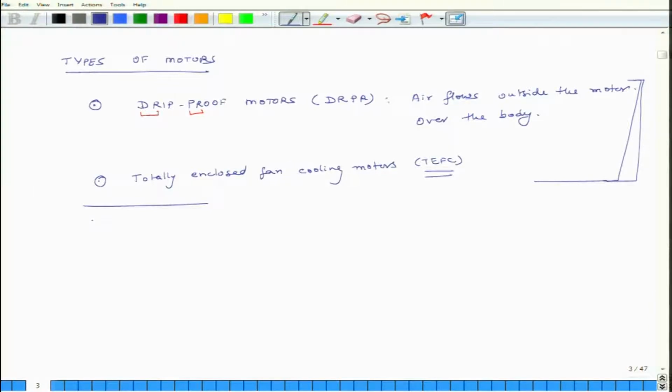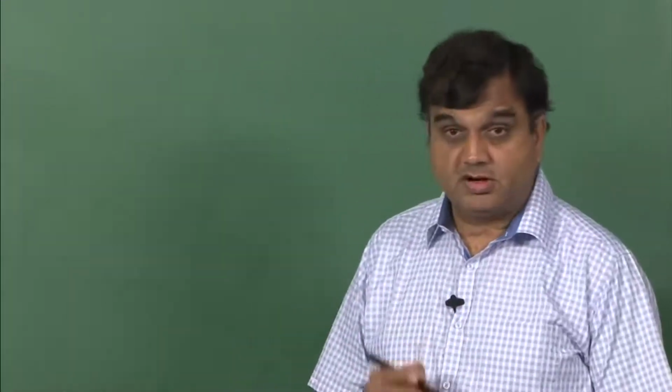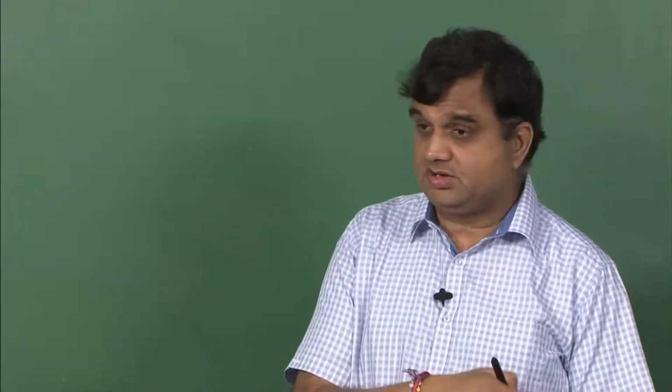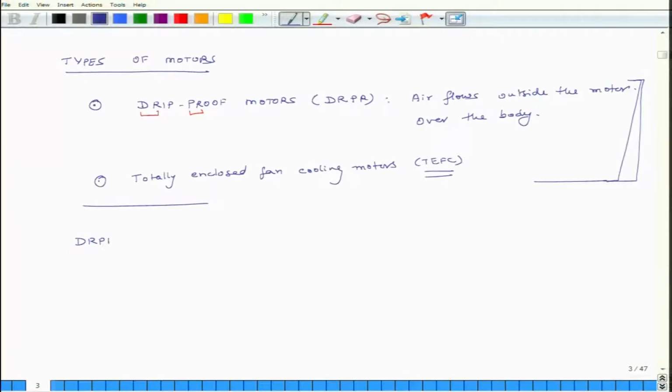So, now what we will do is, our original goal is to compute LW, because if I know LW I can calculate LP. So, we have to figure out what is the value of LW. Now, it happens that lot of people have done experiments and they have come up with some empirical relations, but not for LW, but they have come for LWA, A weighted. That is why it is important to understand the concept of weighting. So, for DR-PR motors, LW A weighted, so this is A weighted, is equal to